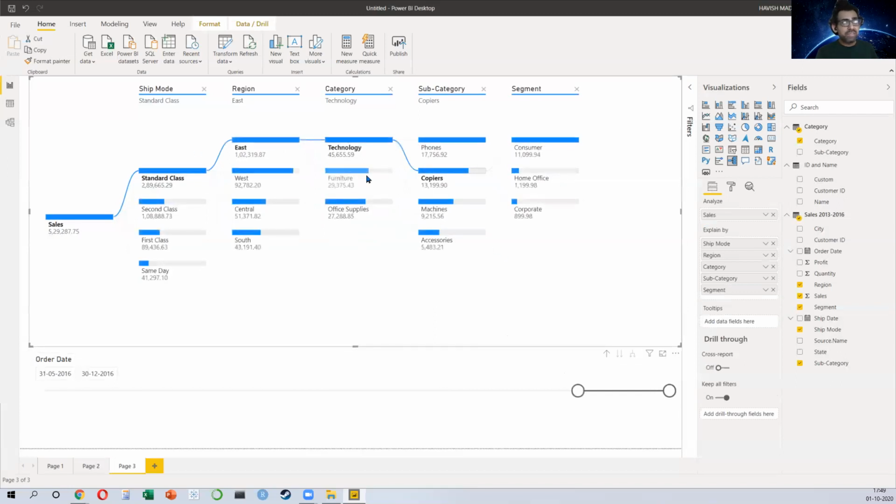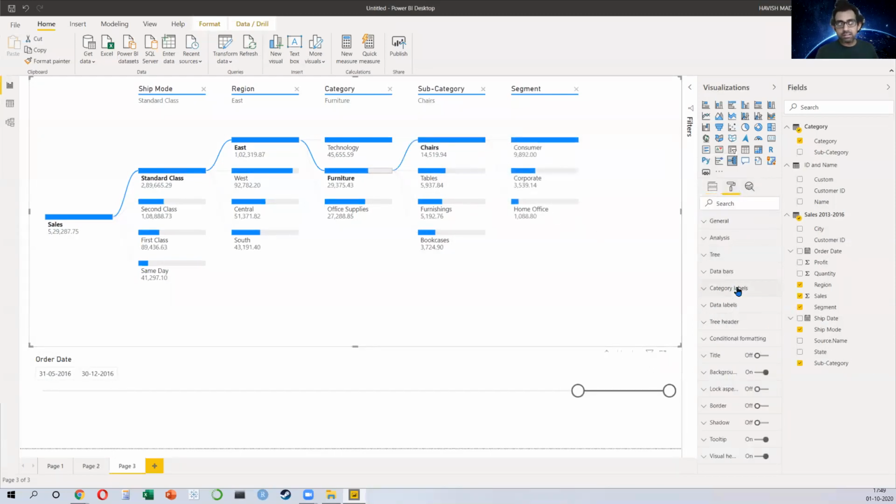And believe me, every visualization has so many more options in it. Like if you keep on exploring, let me show you. If I click on format, you notice that I have analysis, and in analysis, I have absolute and relative, but I'm not going to show this to you. I'm going to show you,